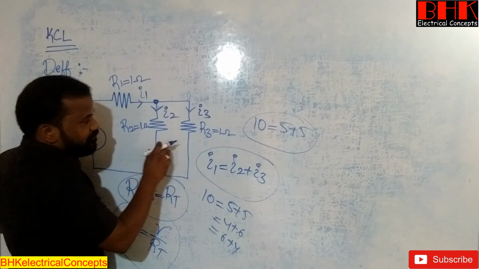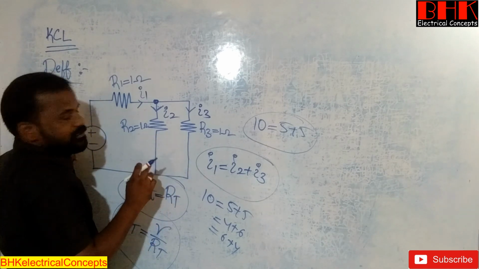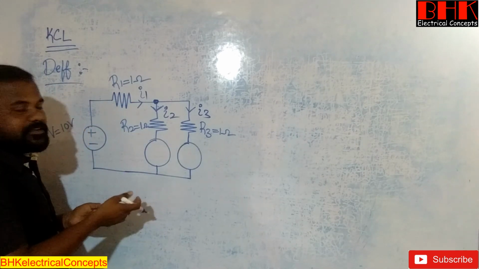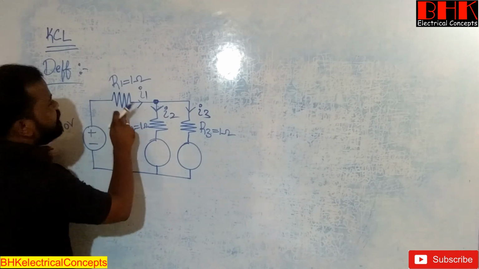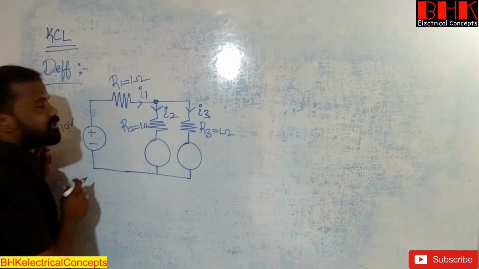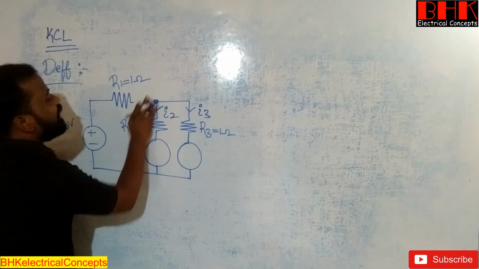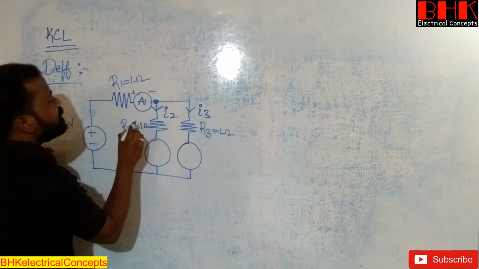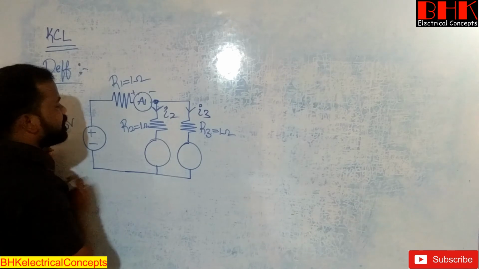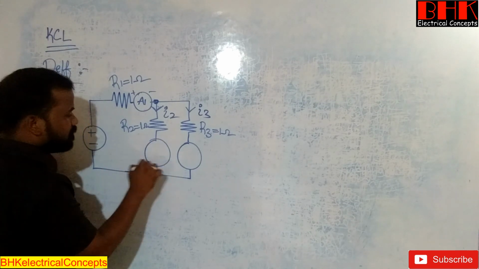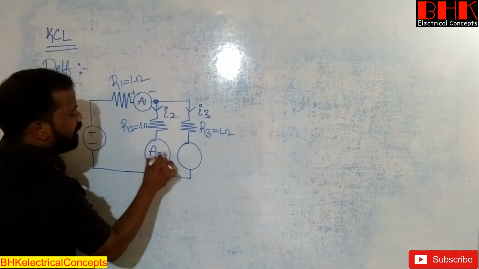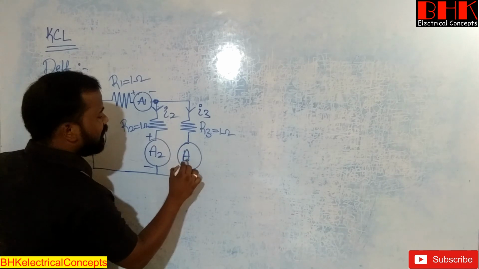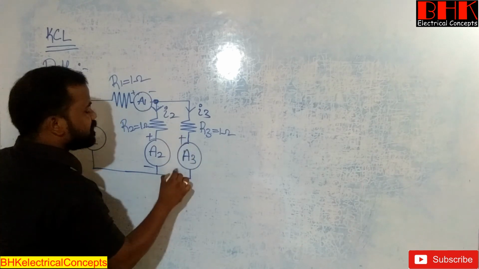Now the same circuit we are going to see in practical way. So how is it? So this is the actual circuit. We need to verify in practical way. How is it possible? We have R1, R2, R3, three resistances. So in order to check the value of current in practical, just connect one ammeter A1 in series with this particular resistance R1, and in order to see the value of current flowing in R2, just connect ammeter in series with R2, and in order to check the value of current flowing in R3, just connect ammeter in series with R3.